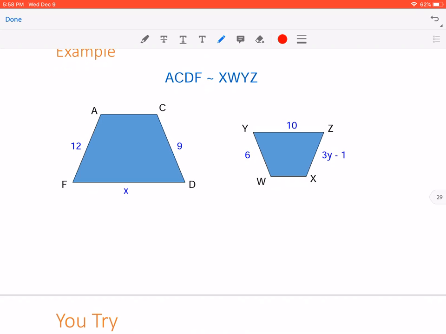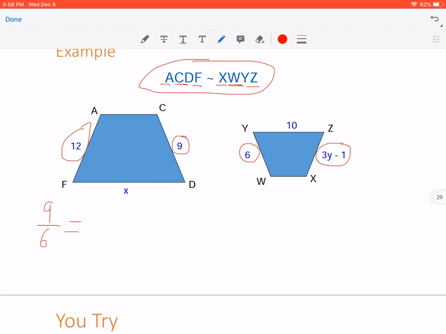I wouldn't try and figure it out. I would use my key. I don't even have to draw these shapes out as long as I have my key. That's fine. So first of all, I need to find myself a match here. Let's see. I see 12 here. That's A to F. That's the first and the last. So its match should be X and Z. I don't like that match because that's got a variable. So let's try this one here. C to D is 9. C to D should match up with WY. That's a good match. So I'm going to do 9 over 6